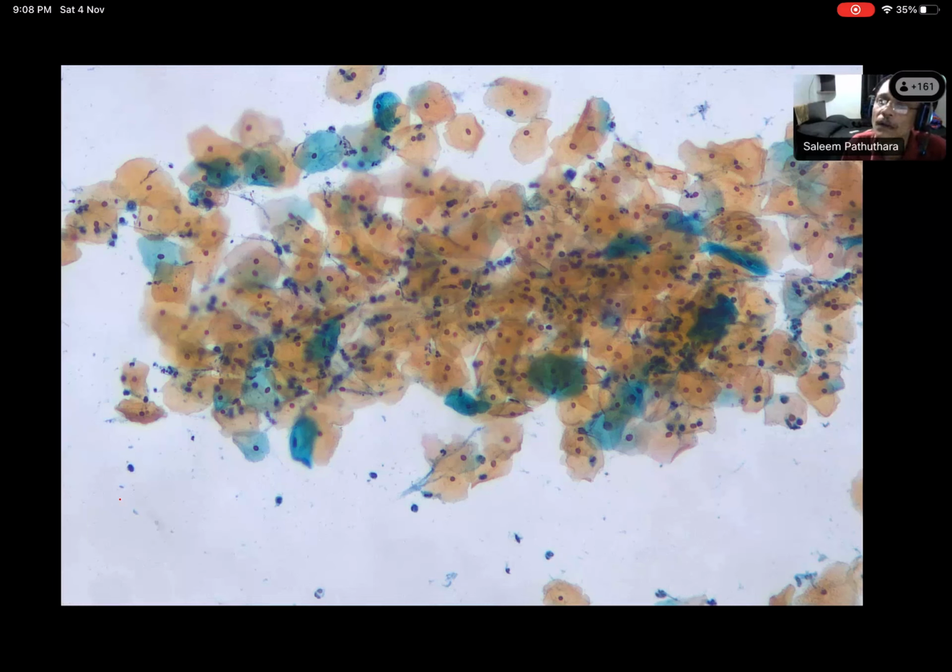Do you see anything in the background apart from that? You can see some WBCs, but very minimal. And what else? You can see some bacteria started appearing, and maybe some candida also there, I suppose. Okay, so these are the little things. But basically, this smear is satisfactory, but the other smear collected from the same patient was unsatisfactory.